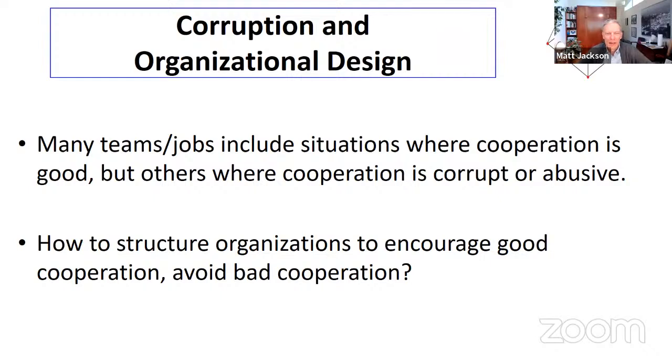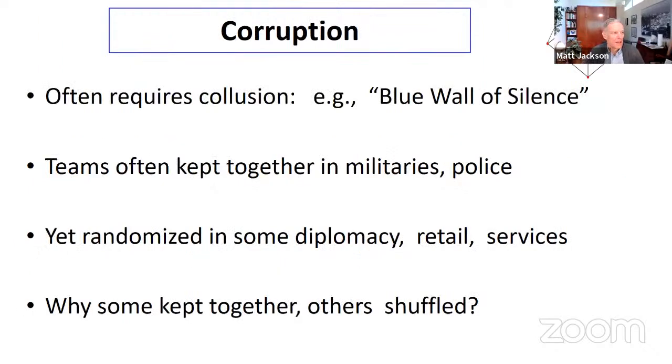And we want to understand how that affects cooperation and how you want to structure organizations to encourage good cooperation, but not bad cooperation. The idea here is that there are some types of corruption. For instance, if you think about police forces, there's what's known as a blue wall of silence, so that police might help each other out in dangerous situations, but they might also help each other out in covering up corruption. And so there's this interaction between the different types of cooperation that are going on,